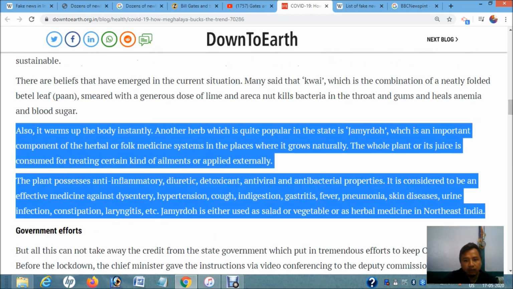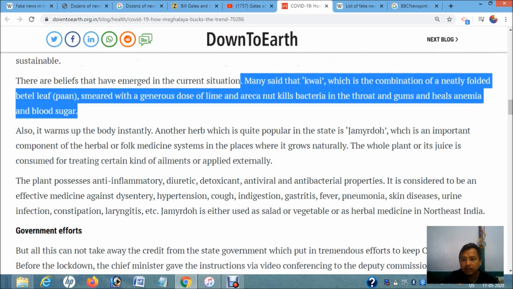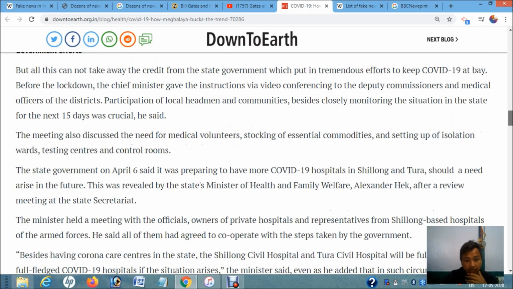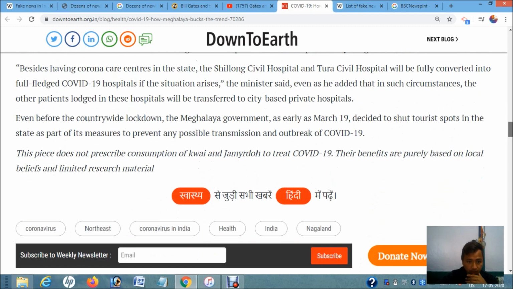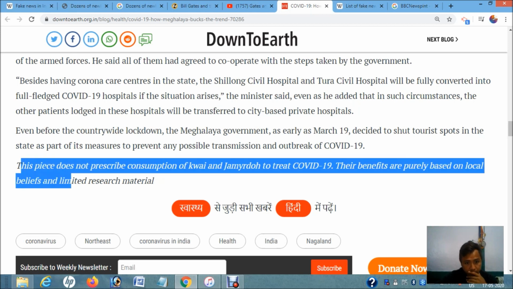Even Kwai, many said, a combination smeared with a generous dose of lime, can kill bacteria in the throat and gums. So these are just news items in Meghalaya which have been rampaging during this COVID-19 pandemic lockdown. Even Down to Earth said that this piece does not prescribe consumption of Kwai or Jamarda to treat it.